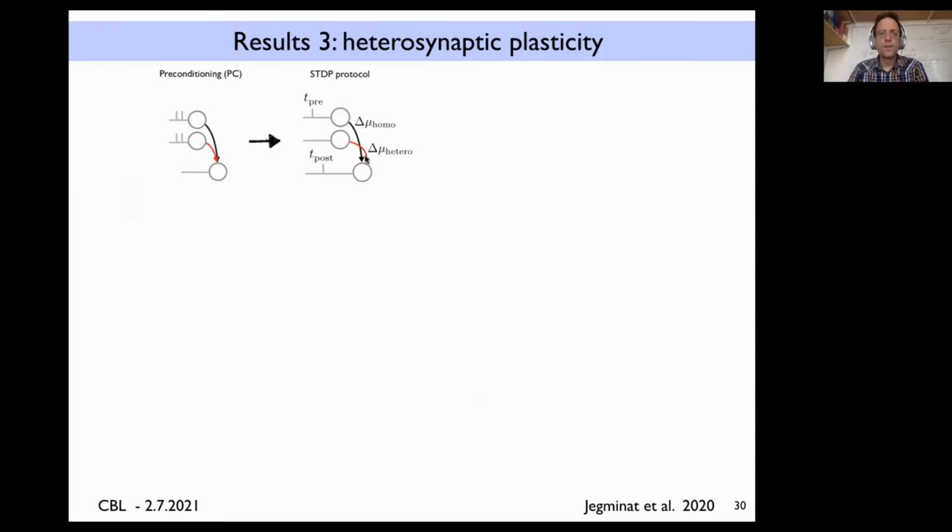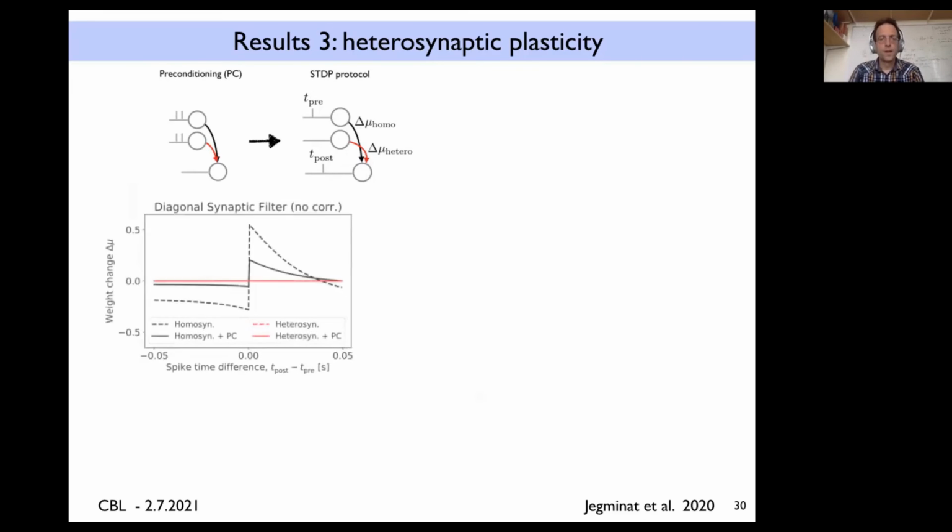We call this homosynaptic potentiation. But this connection here that hasn't received any input actually will be depressed. This depression comes precisely from the preconditioning matrix, the sigma that multiplies the pre-post term in the learning rule. So if a presynaptic spike is before, you have potentiation. When the timing is reversed,